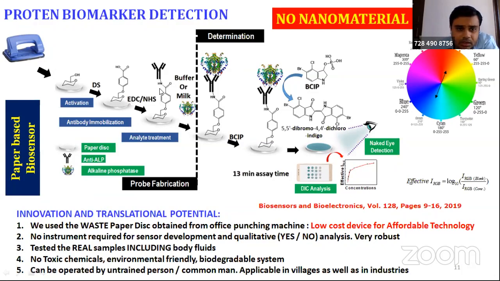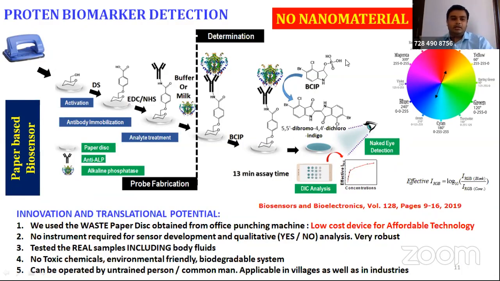So now this will be subjected for the analysis. So this was made an immune complexation here. Everybody knows the antigen-antibody reaction. So this immune complexation occurred, and after that, the inherent ability of this alkaline phosphatase was utilized in order to generate a signal. You can see there is no nanomaterial in this. That's why I have mentioned very clearly no nanomaterial is there. So the inherent property of this molecule towards BCIP was allowed, and then there is a dimeric formation here, and then there is a blue color generation.